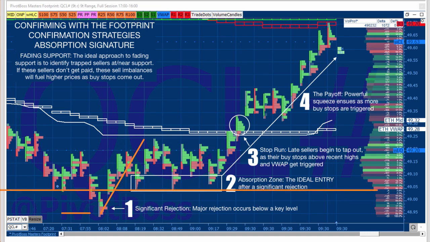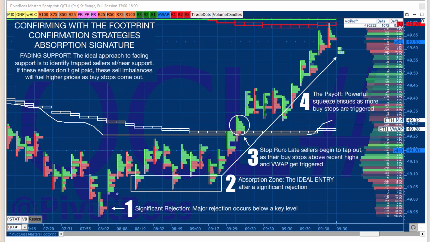Now, let's defend the LVN and trap these late participants. Boom, boom, boom. The stops come out above VWAP as we expected, and where does price go? It goes right to R3. Right to R3. After taking VWAP bid, it goes to the third standard deviation of VWAP, and that was a quick squeeze to 49.70. But then in the market, in the trading room, I mentioned that we could see an additional continuation toward 50.30, and it got to 50.20 before it really started to kind of falter.